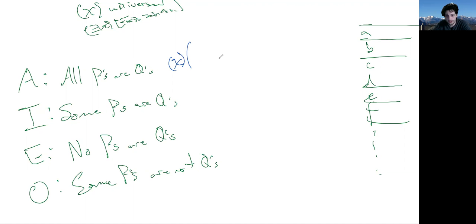So we always have this form. For everybody out there, I'm just going to put in the sides for now and leave as an open question what goes in the middle. For everybody out there, you're a P, you're a Q. So the question is, should this be a conjunction? Should this be a disjunction? Should this be an implication? Or maybe something else entirely?